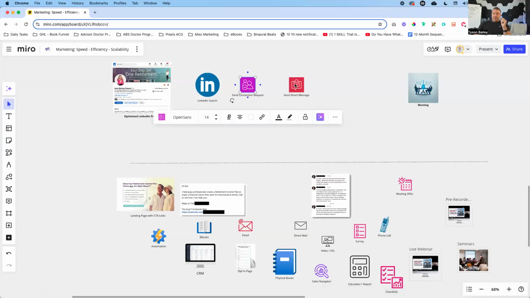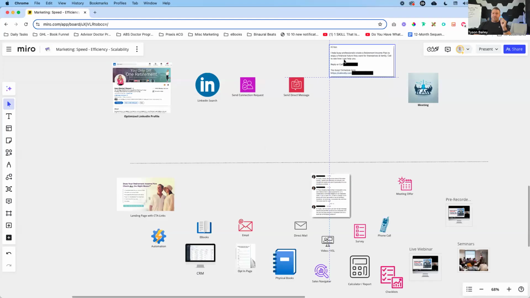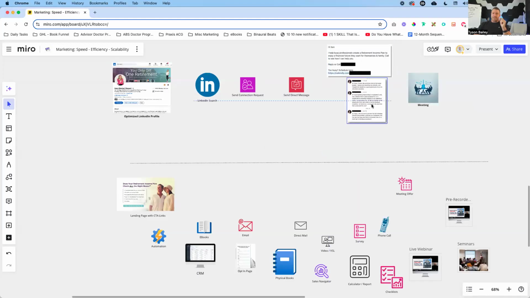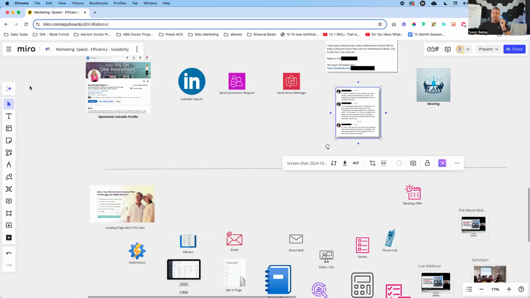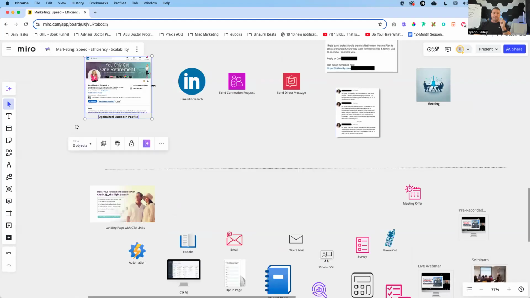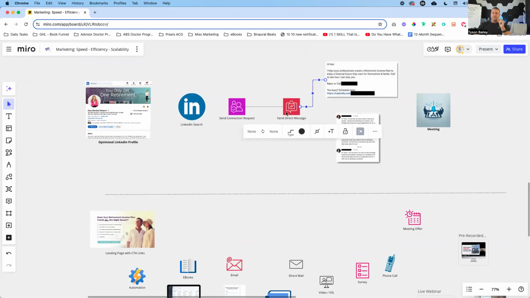Now, when you're inside of the direct messages, what I will typically see with advisors when they first start messaging is something like this. And I'm going to zoom in on this so you can see it, okay? So let's go ahead and put some arrows over here. So we've got LinkedIn, connection request, we've got our messages, and now from there, we're going to be going over to two types of messages, okay? Let's see. All right, now let me dive in.